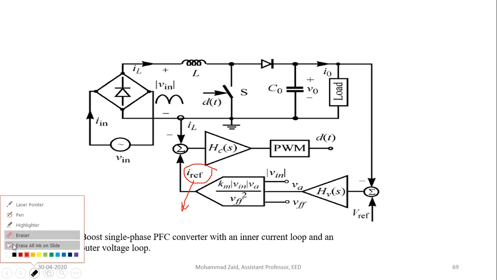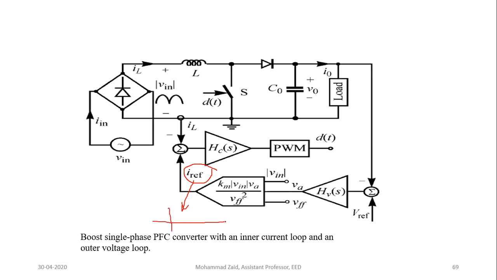The I reference which we have generated is the reference current. Whenever you generate a reference current, it will be the current which you want. What we want is that the current should be sinusoidal. So the reference current is a sinusoidal current which we have generated from the output voltage, and the reference voltage will be the voltage which we want across the load. We have done two things. We have generated the reference current by multiplying the input voltage here also. Why have we multiplied the input voltage? Because the input voltage is also sinusoidal, so we want the current to also be sinusoidal.